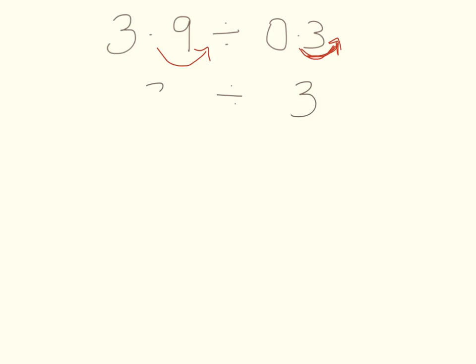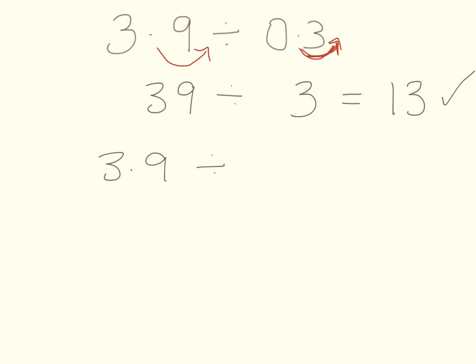So that becomes 39. So now my question is 39 divided by 3, which is much easier than the original one. And 3 into 3 goes once, 3 into 9 goes 3 times. And that is the answer. 3.9 divided by 0.3 is 13. In the same way, if I had